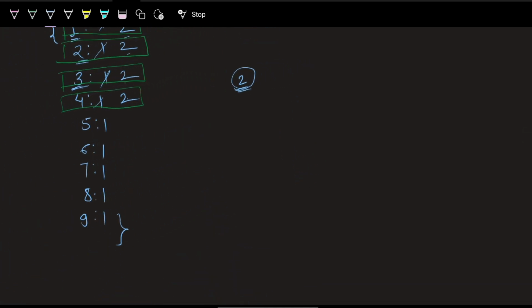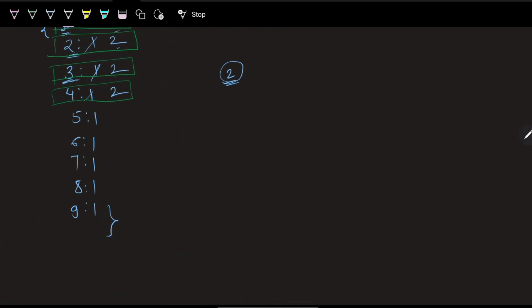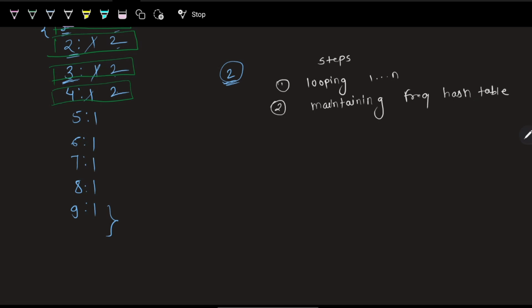In order to solve this problem, first step, I will just write down the steps here. We are looping from 1 to n, correct. Then we are maintaining a frequency hash table, where key is a digit sum and value is a